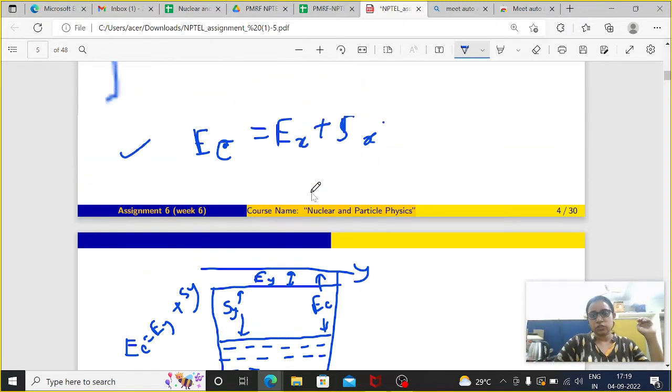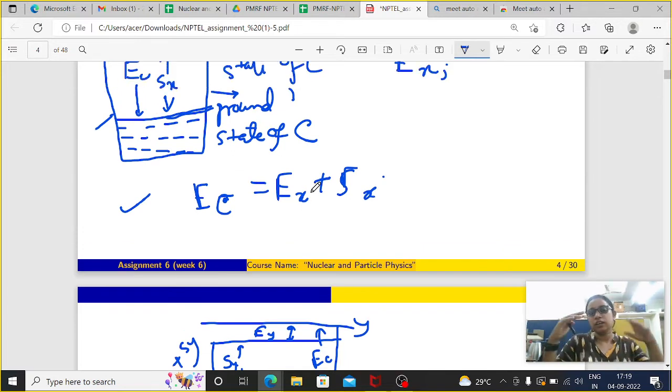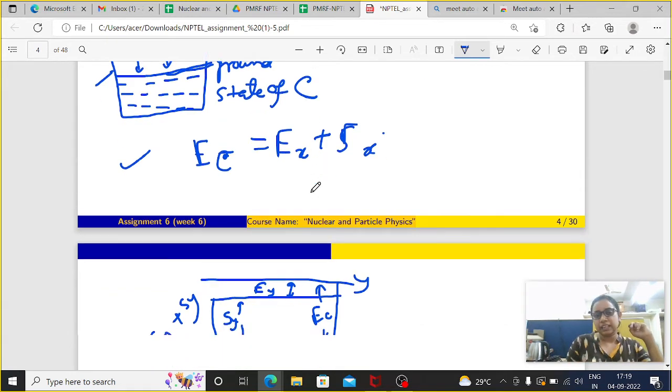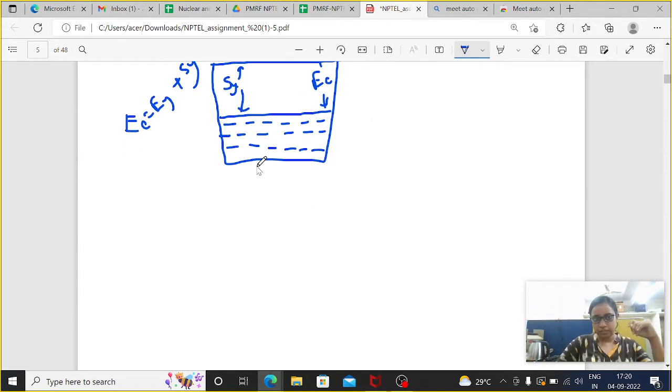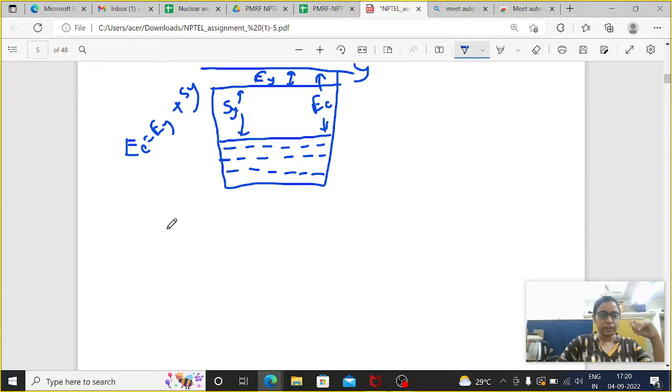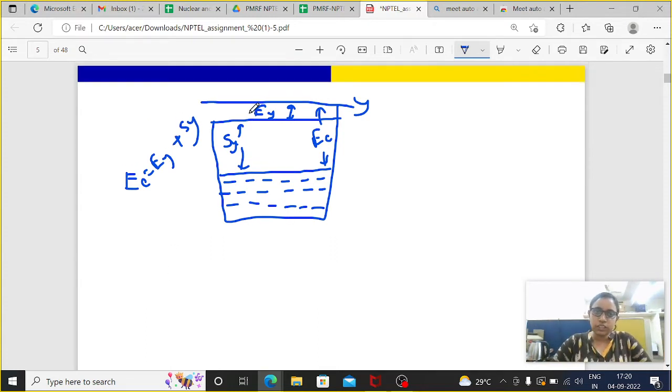So here also, before the formation of C star, up to the formation of C star, what will be the energy of the C? The energy of the C will be Ex plus Sx, and very similarly when it decays, the energy of the Ec will be Ey plus Sy, like the energy absorbed by the capital Y due to the small y, as well as the separation energy of Y from the ground state of C. So this expression will be there, right? Now what will happen? Now we are going to focus on this state,